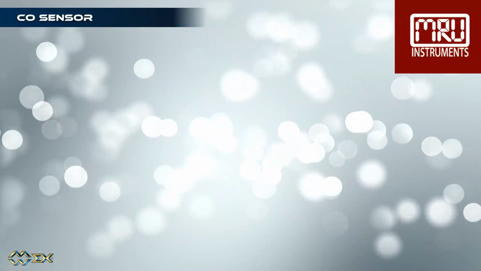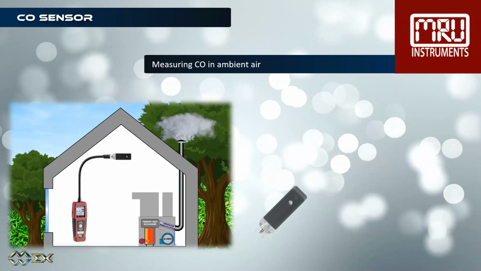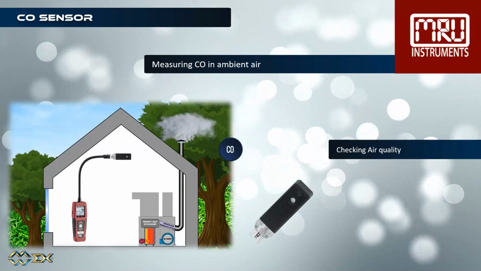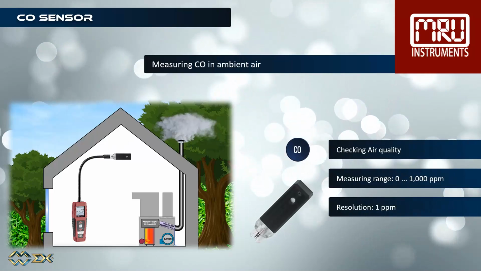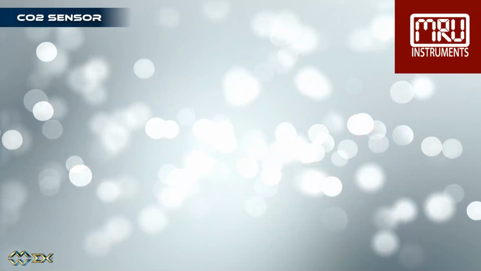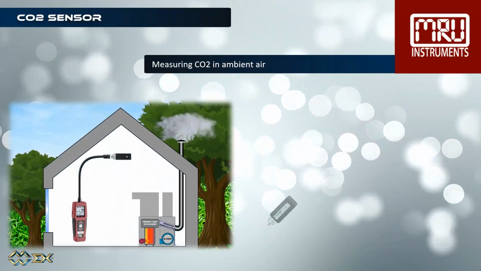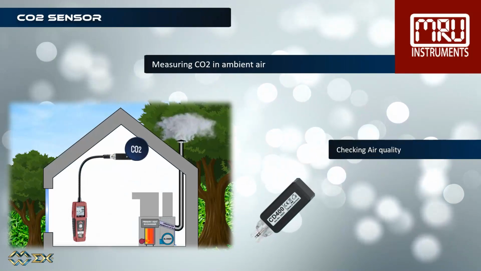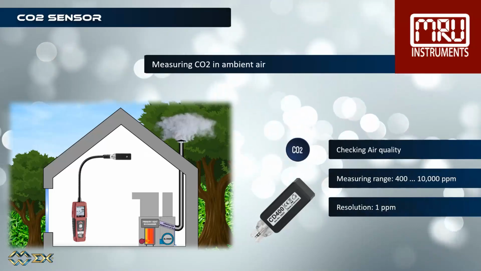The CO sensor can be used to check CO values in ambient air. The measuring range is 0 to 1000 ppm, the resolution is 1 ppm, and the response time is less than 30 seconds. The CO2 sensor can be used to check CO2 values in ambient air. The measuring range is 400 to 10,000 ppm, the resolution is 1 ppm, and the response time is less than